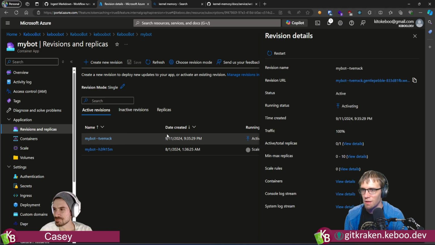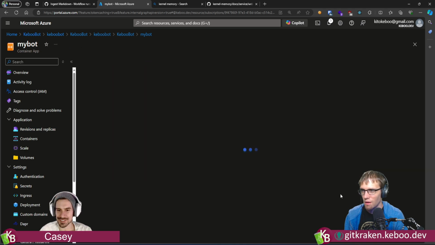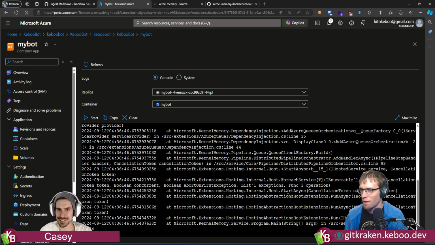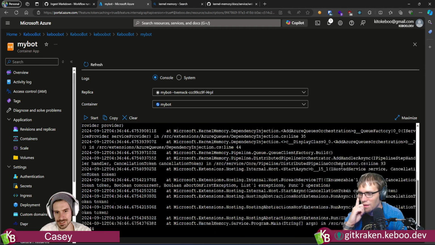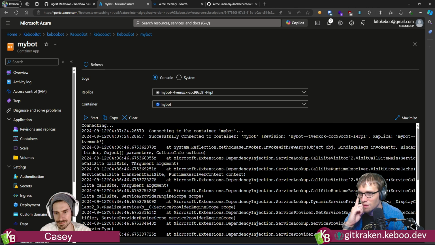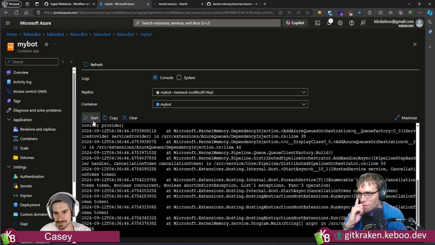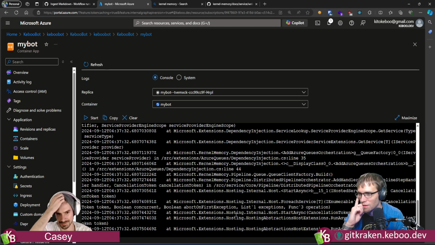Okay, so let's go here. And then I think if we go containers, I thought I could get it here. There we go. Successfully connected. Blah, blah, blah. What's the exception? There's clearly an exception here. It just doesn't want to tell me what it is. Is that too much to ask?